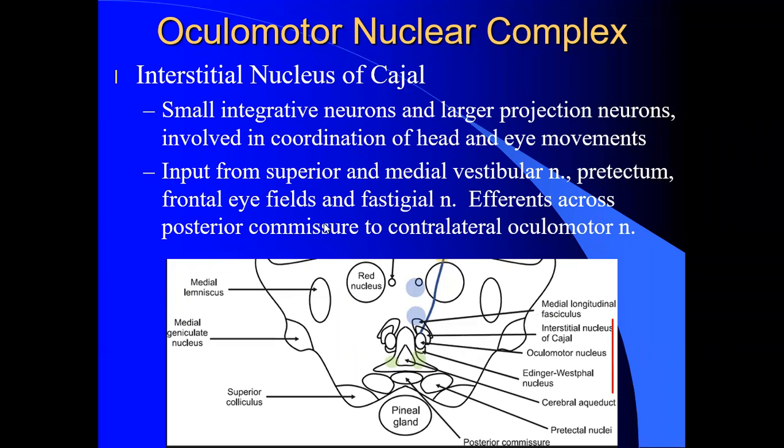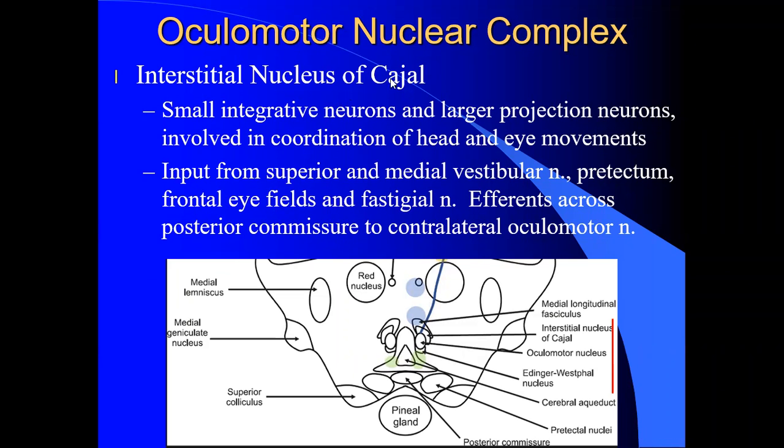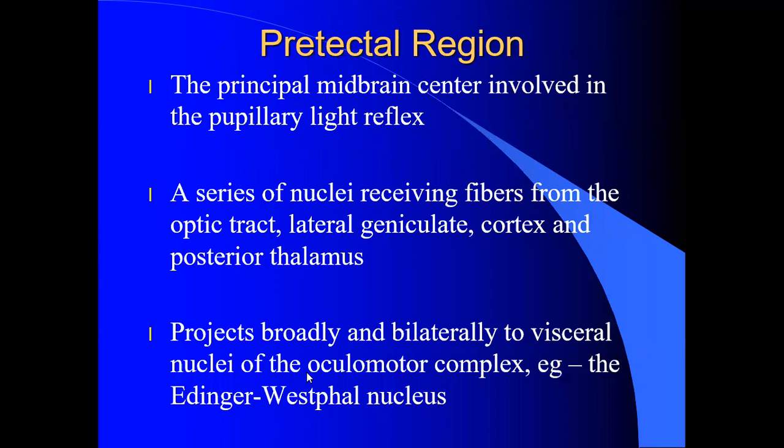Okay, so nucleus of Darkschewitsch, interstitial nucleus of Cajal, and a very good diagram here showing you the Edinger-Westphal is here, the interstitial nucleus of Cajal is here, okay, and these are the oculomotor nuclei right there. Tightly packed group, and that's why clinically, most of the time, we see them all at once. All right. Now the pretectal area,